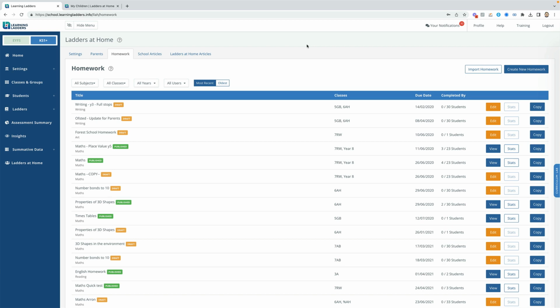It has a homework, assignment, and communication module where you can really easily set remote learning tasks, have them self-marked if it's a quiz, and do communications with students and parents remotely. And it's like everything else in the system, super easy to use. So you go into the Ladders at Home section, which is the remote learning parent section,